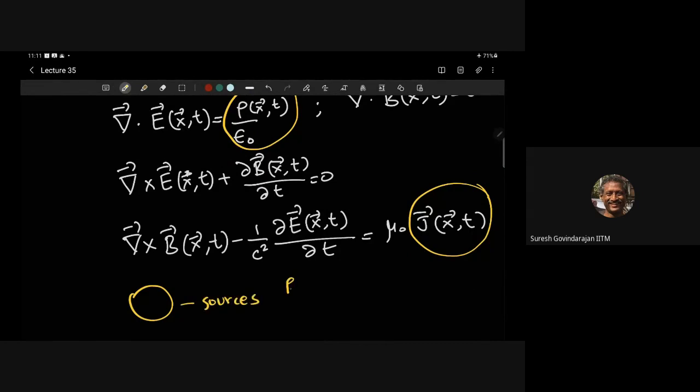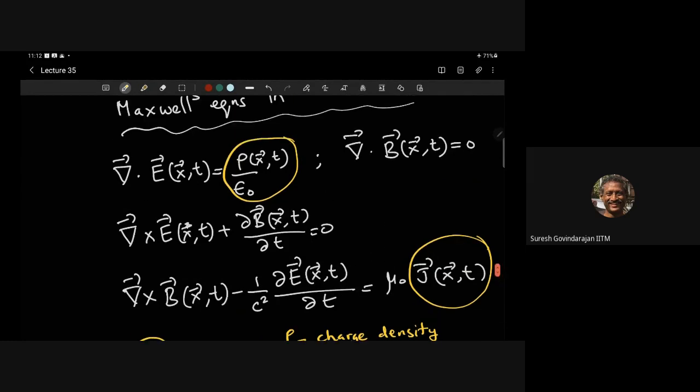Okay, rho is charge density, and J is current density. And I'm sure you are used to putting dB by dt on the right hand side, etc. The reason I want to write it out this way is that there are no sources here. For me, these are differential equations where if you give me rho and J, and of course some boundary conditions, probably fall-off at infinity, I can solve these equations for E and B.